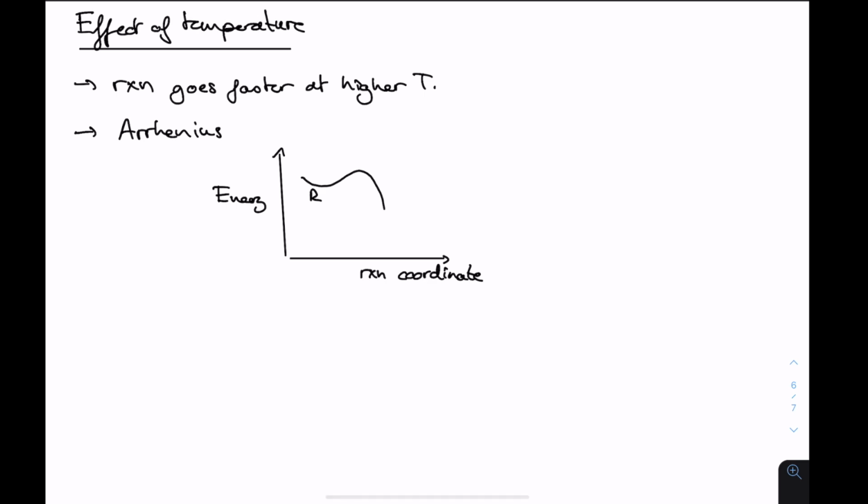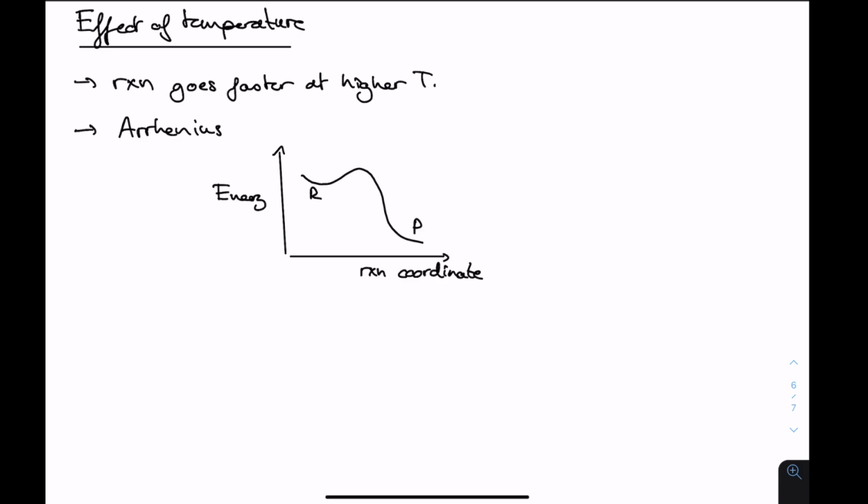We have our energy barrier, and we go to products. And this height here is the activation energy, right? So k equals A times exponent minus EA over